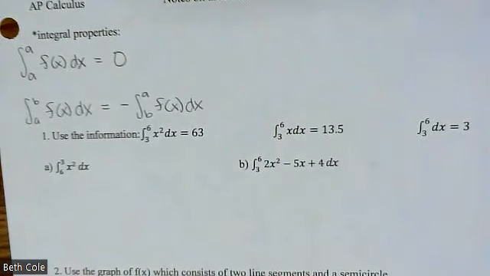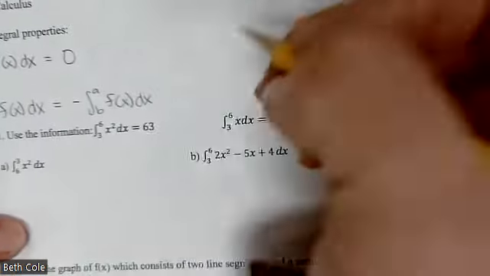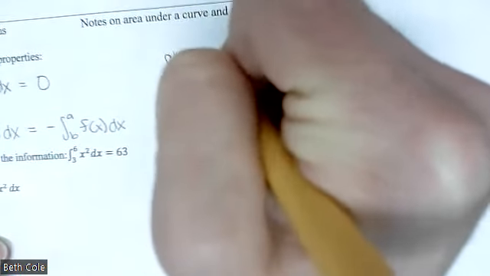And I'd like to let you look at that and let that sink in for a second. It should make sense, that logical. Like if you go the other way, you get the opposite answer. So if it's backwards, you just negate it. All right. And then the third one's a little bit longer, so that's why I left the space for it over here. Integral from A to B, f of x dx,